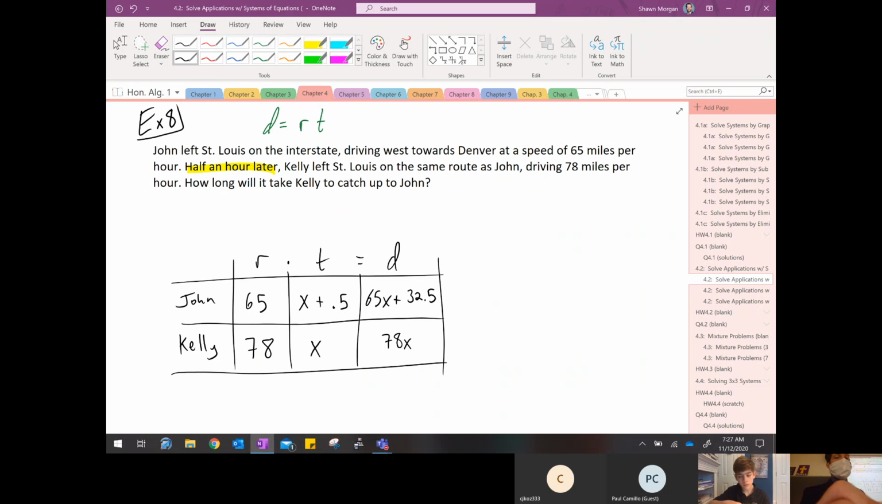They're the same, so let's set them equal. That's how we're going to write up our equation. We'll take this and we'll set it equal to that. All right, and that's my equation. 65x plus 32.5 equals